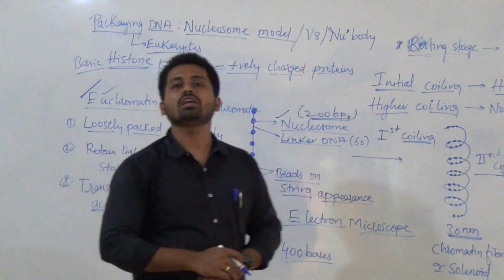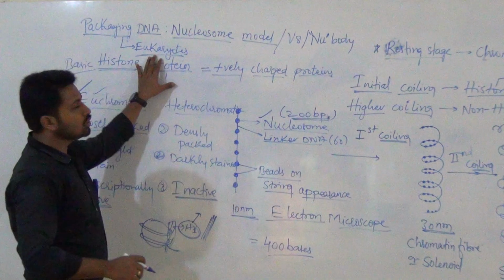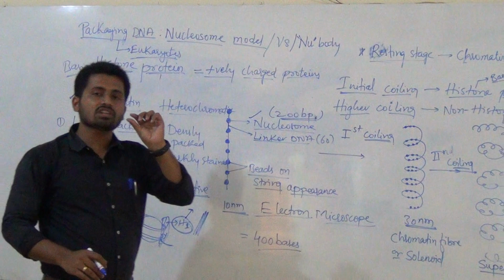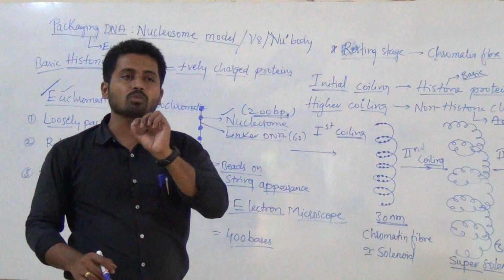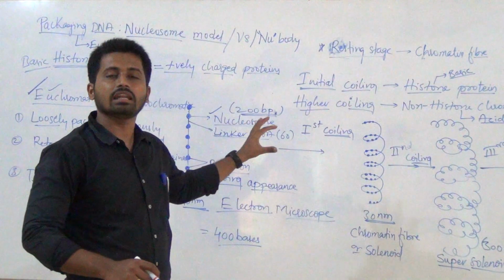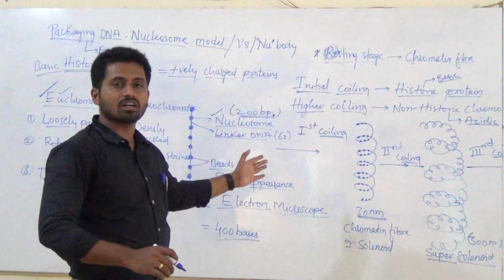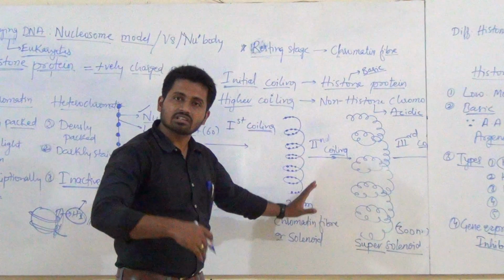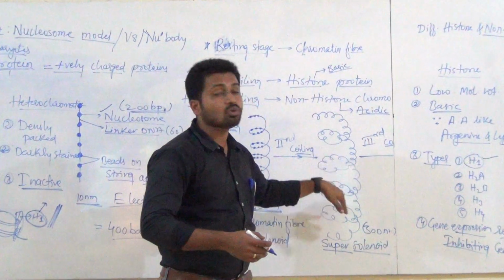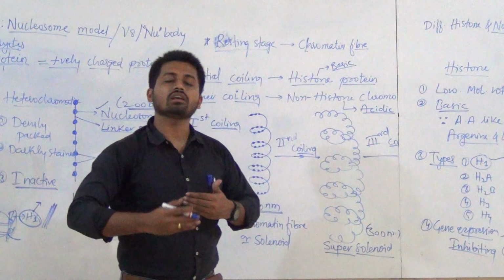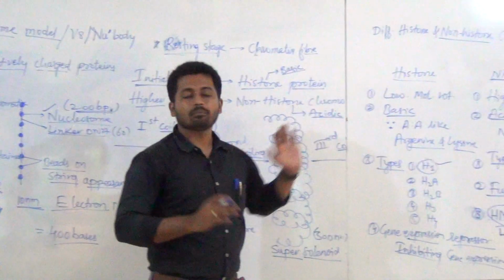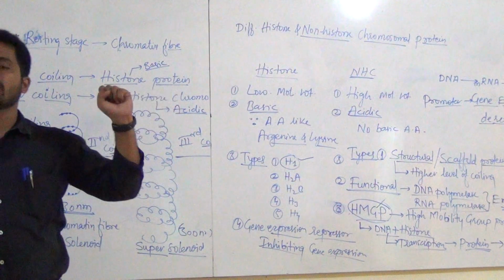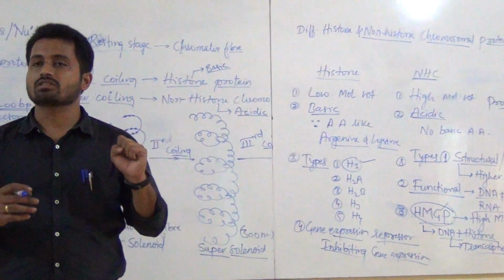So this is about the total packaging of DNA in eukaryotes, or you can call it the mammalian cell, where the nucleus dimension is very small. In such a smaller nucleus, such a long DNA is packed by this method, by coiling all these things. This is our resting DNA, and when the cell starts to divide, it will start to high coil, that is highly coiling, where NHCs are going to help. Histones are basic proteins, NHCs are acidic proteins.